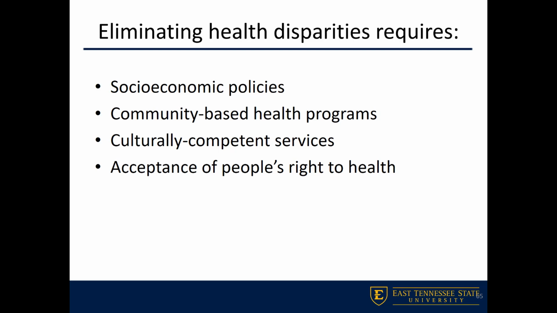The reason we still see these problems is when we think about those things at the bottom of the health impact pyramid, those are really hard to change. Though they're going to give you the most impact for communities and for the population, they're very difficult to change. To change the social and economic environment, to create policies that may restrict access to unhealthy things, those are hard things to do.